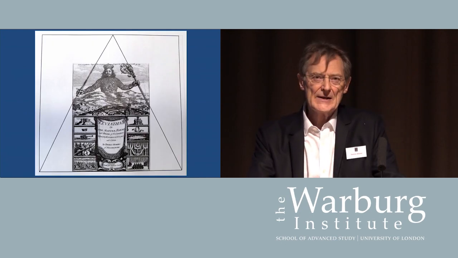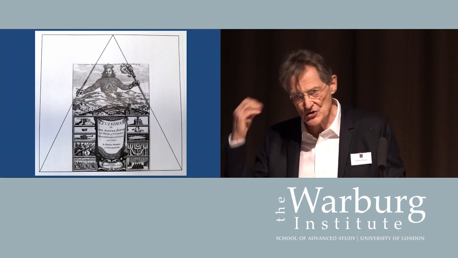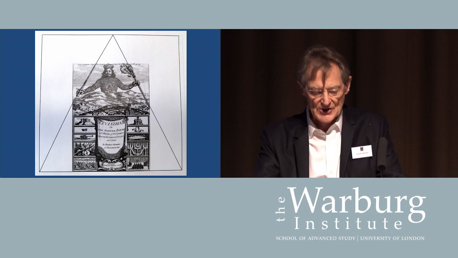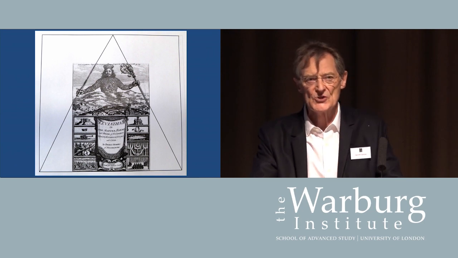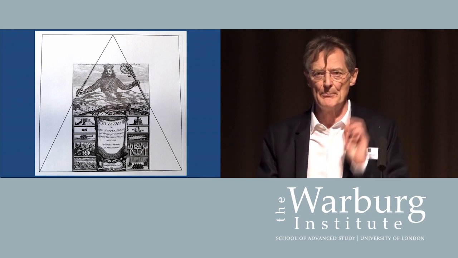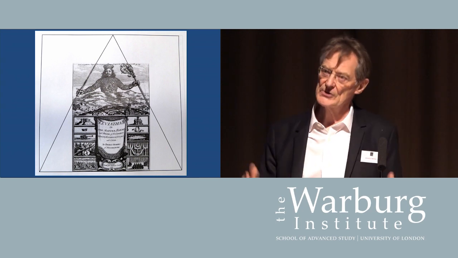So I'm suggesting that the hovering triangle is there in part to alert potential readers. Now, this is the introitus, that you're a potential reader. You've already been alerted to something that Hobbes is going to tell you several times in the text, which is that this is not just an abstract work of political philosophy. This is, as he says, a book for the English. So you have a triangle.